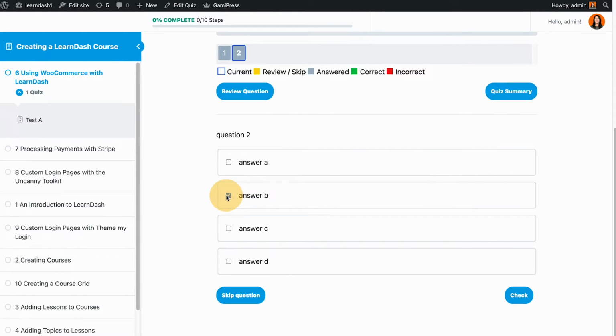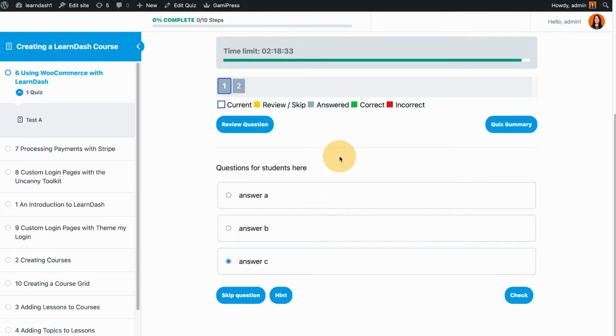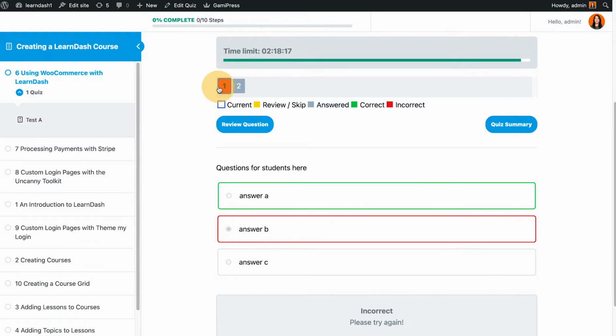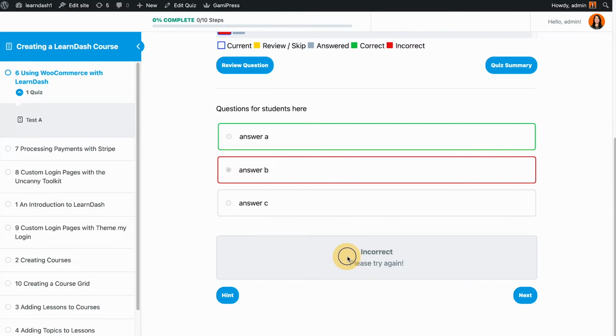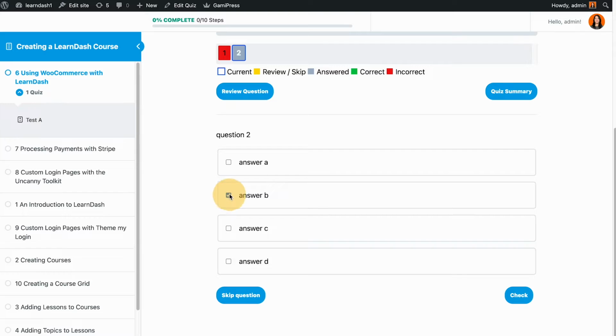So if I go to question 1, and then I can't uncheck this, the ready button. So I'm gonna go and say check, and immediately it colored that with the red one, which means the first question was incorrectly answered. And we have the message here. And then on the next page, if I uncheck this and say skip,